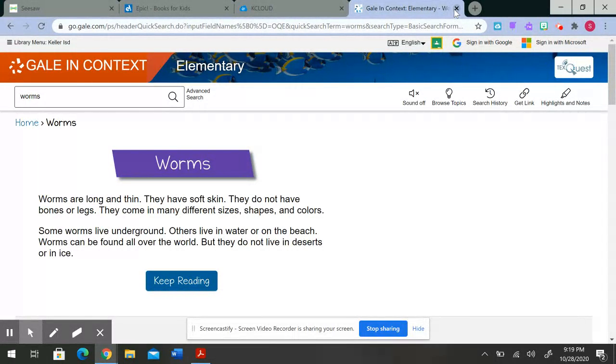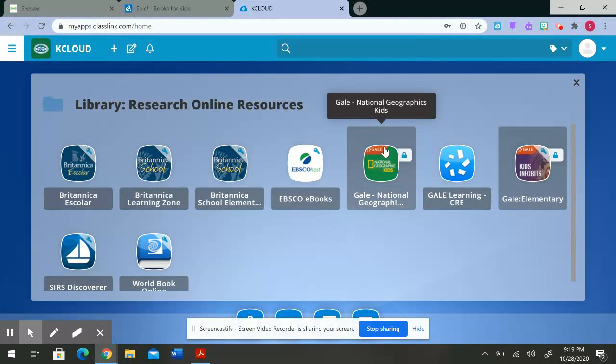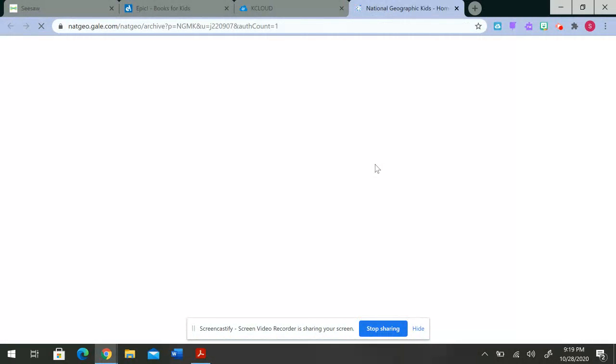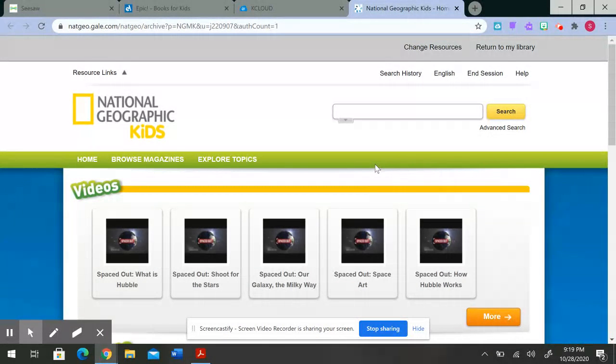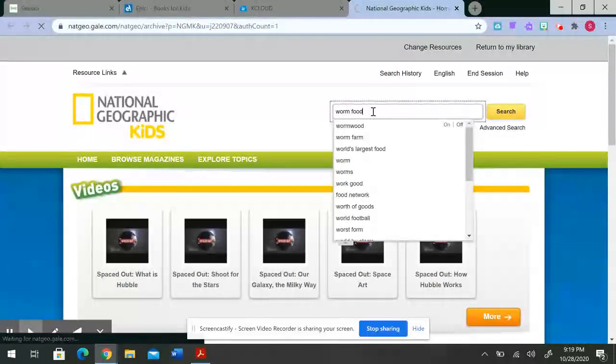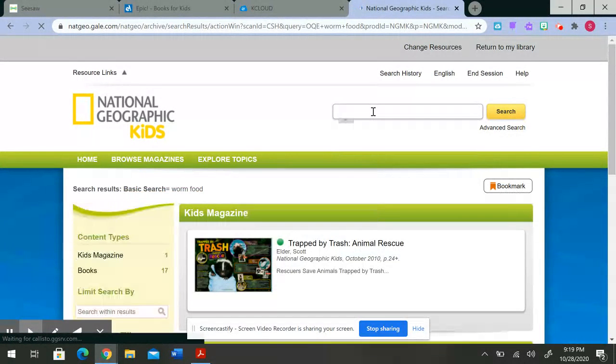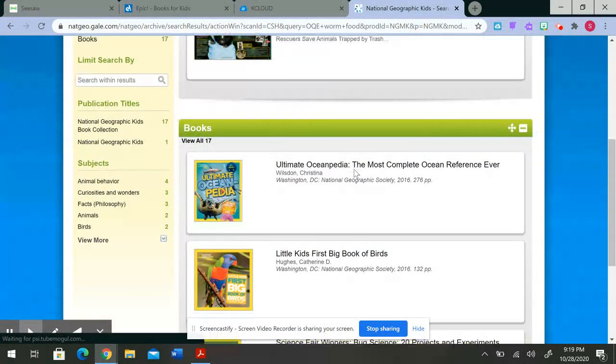Now I'm going to exit out of this because I want to go back and show you National Geographic Kids. Again, this is another place where I can go to look for specific information. Maybe I'm looking specifically for what worms eat. I might type worm food and see if I can find information about what worms eat.